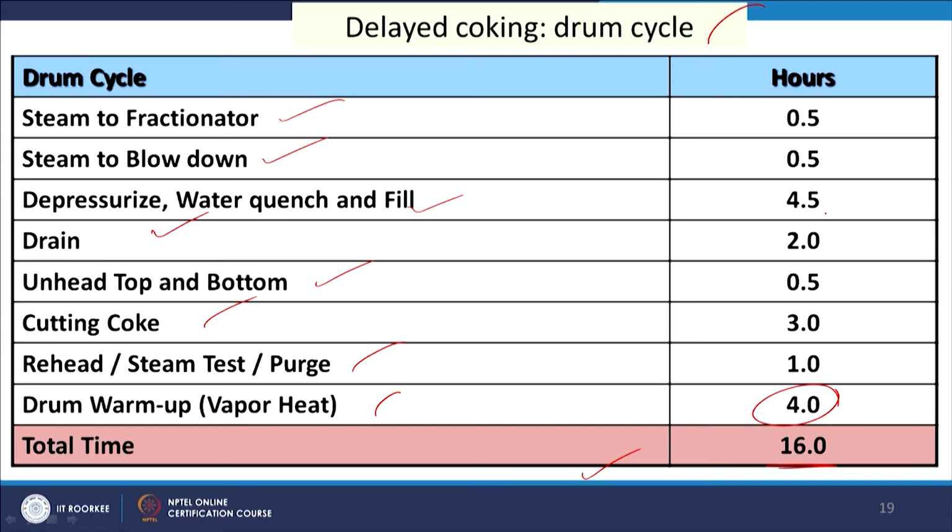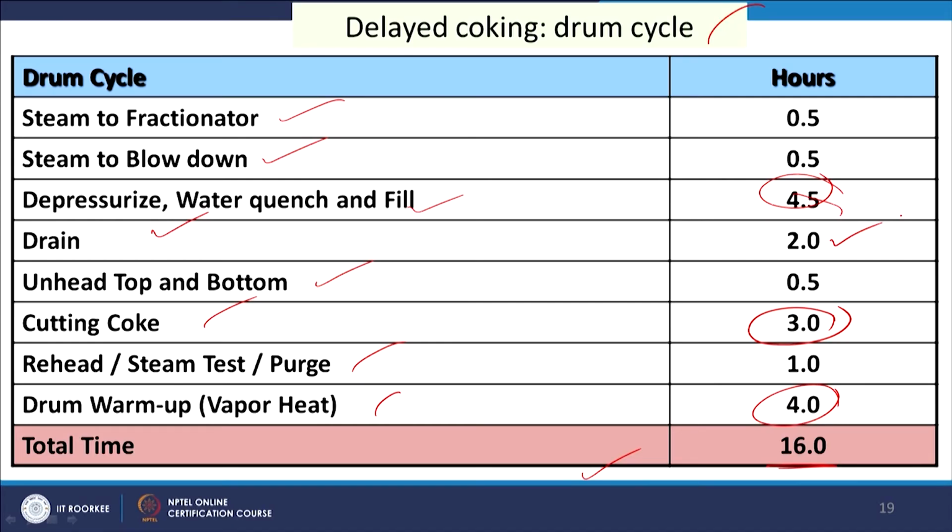Then the major part is here: depressurize, water quench and fill, filling of the coke drum, and then gradually it fills. At a time the coke drum is not filled, so it takes some time to fill. Then we give some time for cutting of the coke. Coke cutting also takes a long time, and the other times, like drain time, also take some 2 hours,